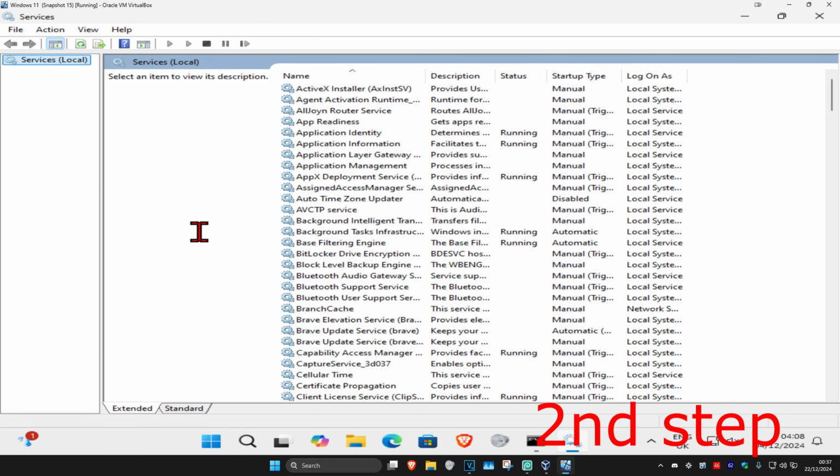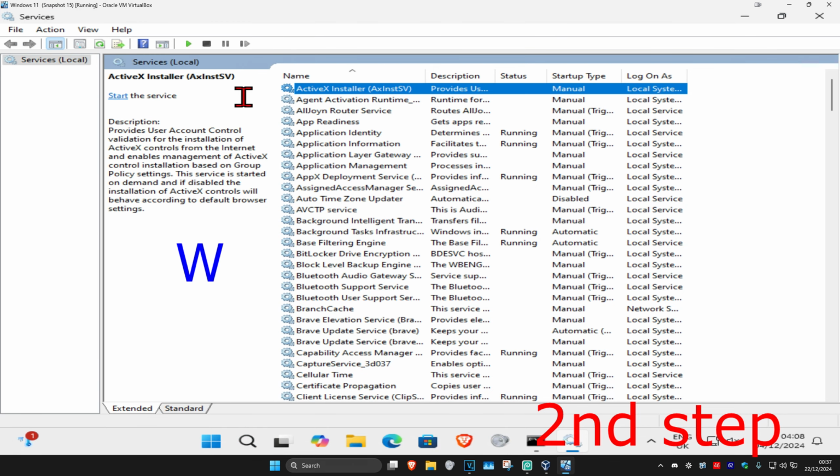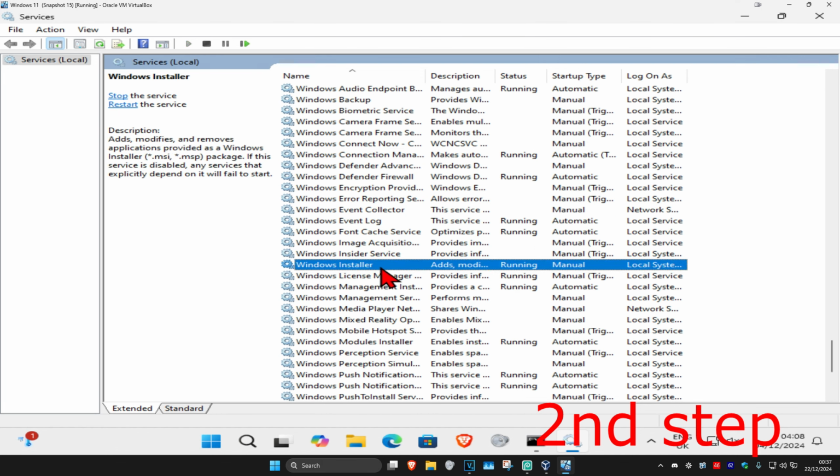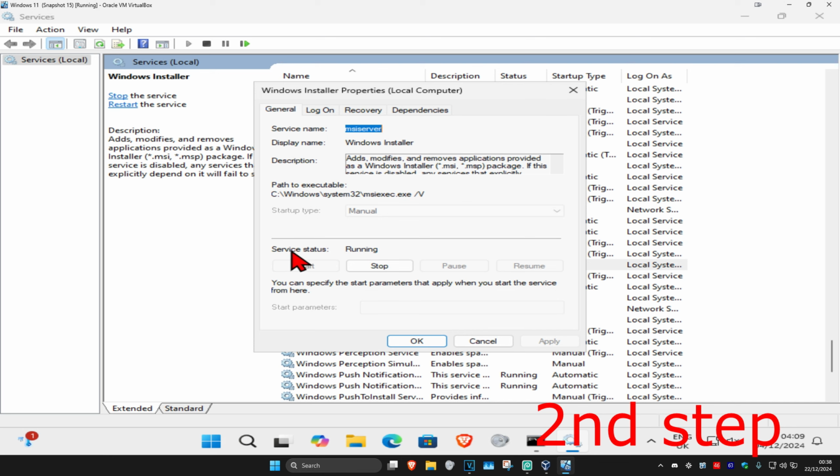Click on it. And then once you run this, you're going to click on any service one time and then click on W on your keyboard. Now you're going to scroll down till you find Windows Installer. Double click on it. Make sure that you have the service status on running. If it says stopped, then you're going to click on start, which will then make the service status running, and